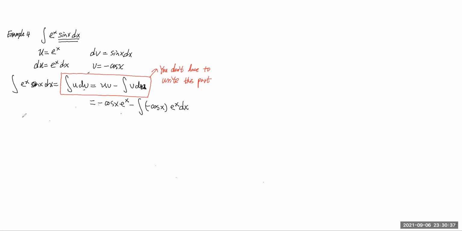So we get the integral of e^x sin x dx is cosine x e^x plus cosine x e^x. Okay, so if you look at this, we still get a trigonometric function times the exponential